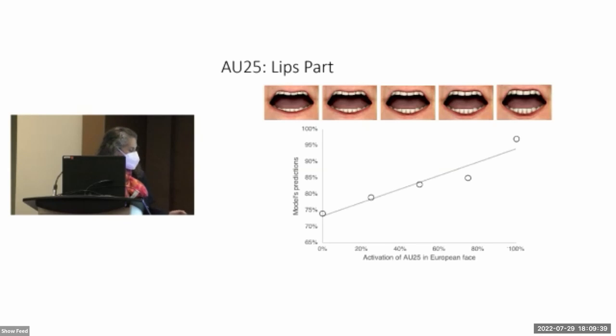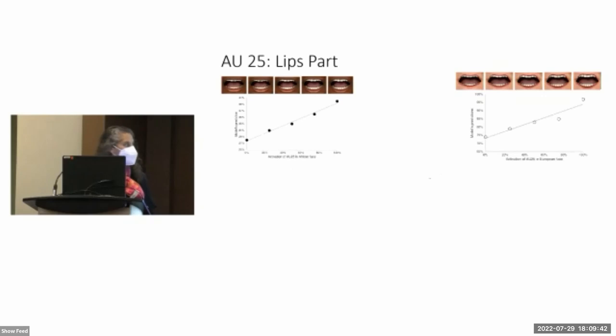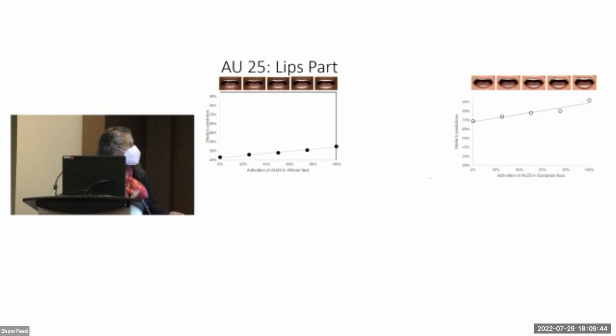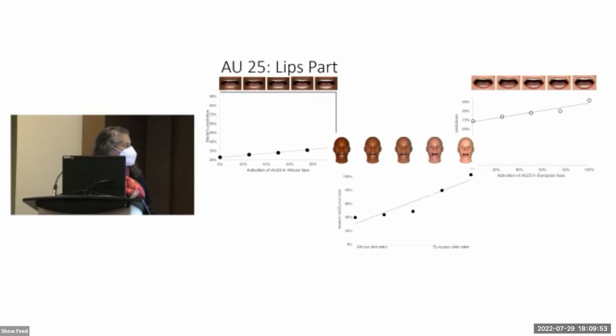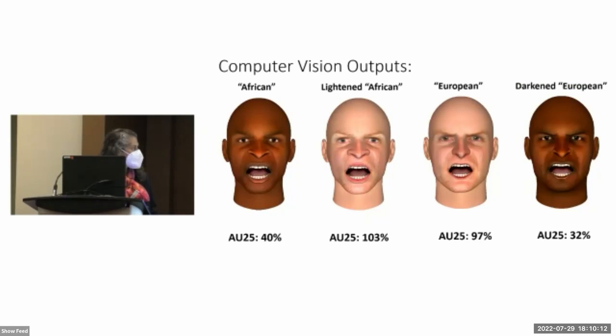But you'll notice that the axis is very different on these plots. So here are the plots as I showed them. Here are the plots if we make the axis the same. And you'll see there's a strong bias differing between the African faces and the European faces. And in fact, if we take the African face and we just lighten the skin color to be similar to the European skin color, we can basically go from the output of the African face here over to the European. So this difference in AU25 is largely explained by skin color differences,